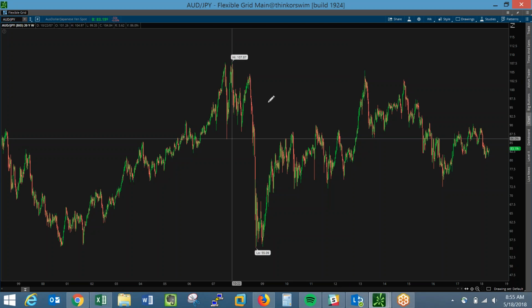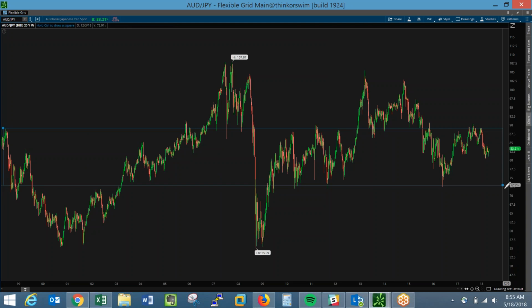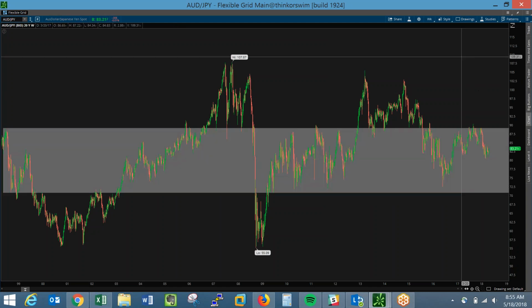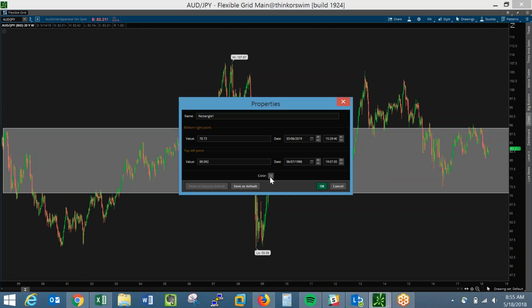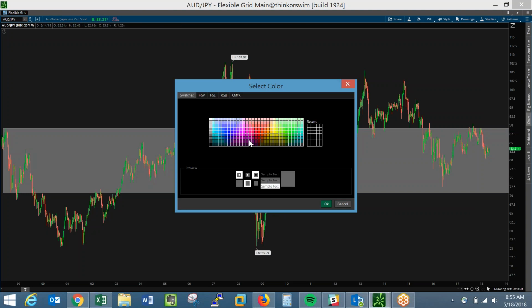So first thing that we're going to do is we're starting on a weekly chart. All right, we're going to start on the weekly because it's a little easier. You don't need to dive into too deep of a hole in terms of segmenting every little move. You can do it more in terms of larger scale blocks, right? So what we want to do is we'll give each one of these blocks a different color distinction. One that's easily readable, one that we can look through fairly